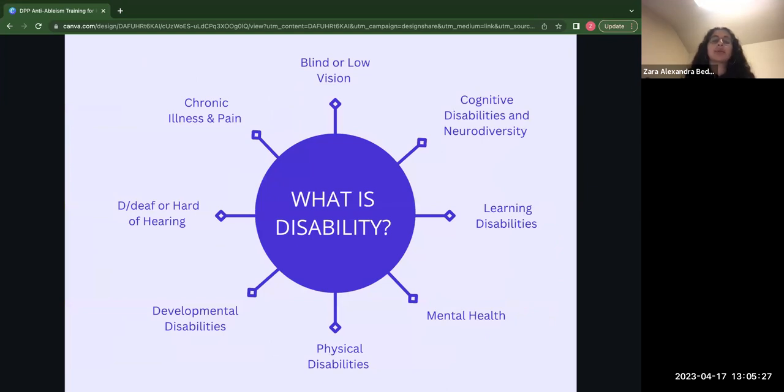This slide asks, what is disability? First and foremost, disability is a natural part of life and diversity. Understanding this is foundational to making education and the wider environment work for all people. Adding on from that, the disability community can include anyone who is blind or has low vision, has cognitive disabilities and neurodiversity, learning disabilities, mental health, physical disabilities, developmental disabilities, is deaf or hard of hearing, and/or experiences chronic illness